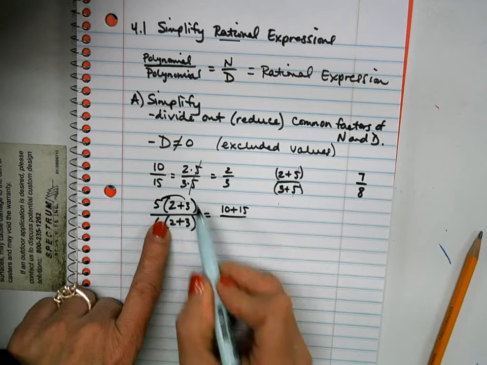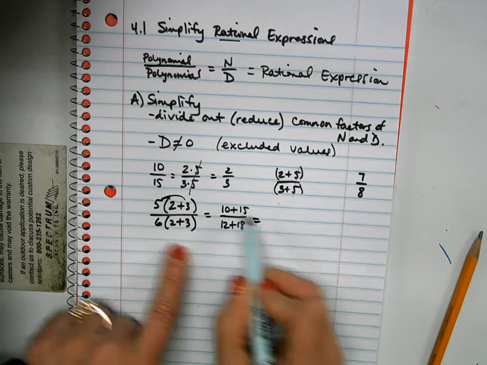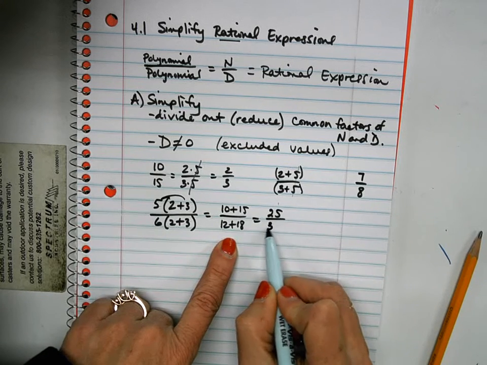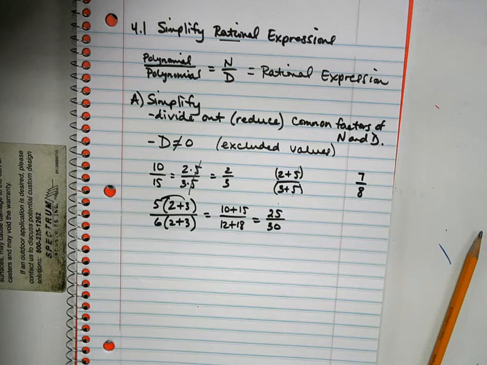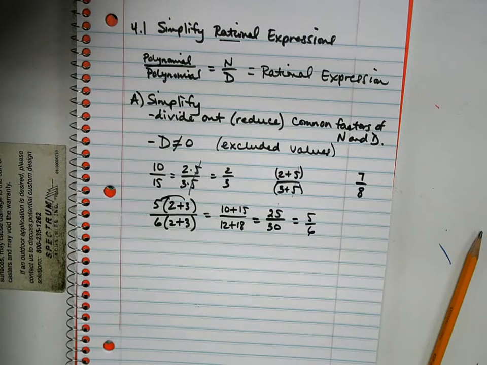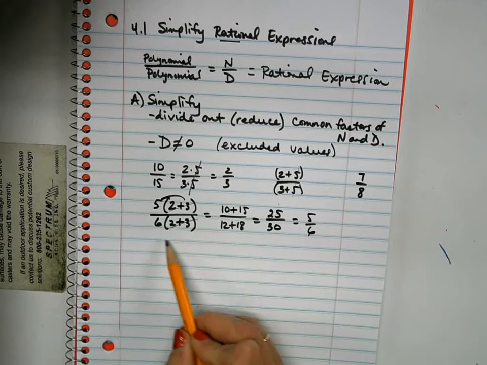Distribute the 5. Distribute here, you'd have 12 plus 18, and then you'd add that all up and get 25 over 30. And then you'd think of common factors of 25 and 30, and you'd say, oh, I could take a 5 out of each of those, reduce those 5s, and get 5/6. Well, it would have been a lot faster if right here I had just canceled these and got an answer